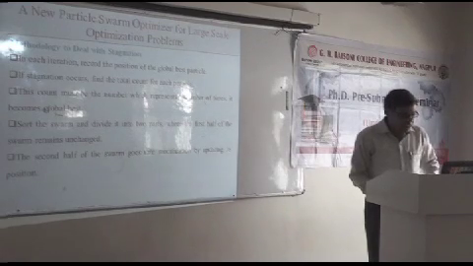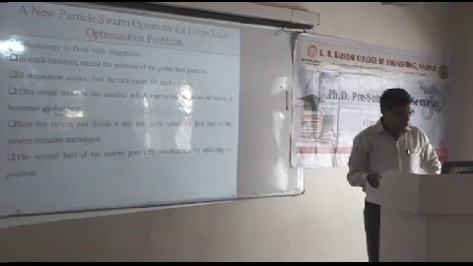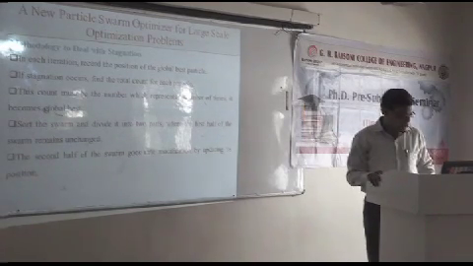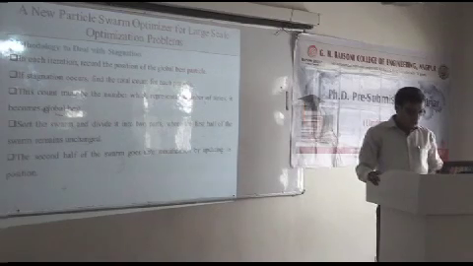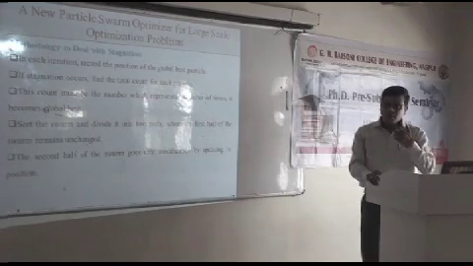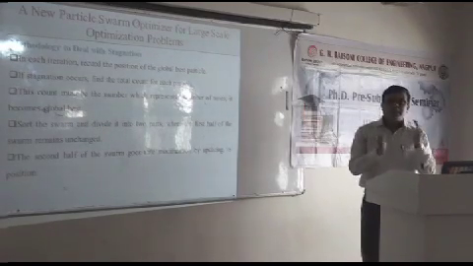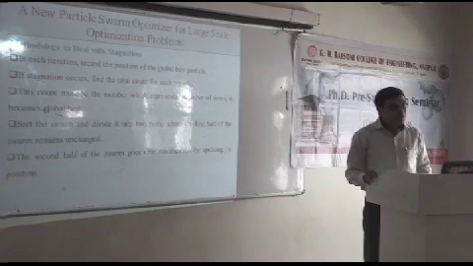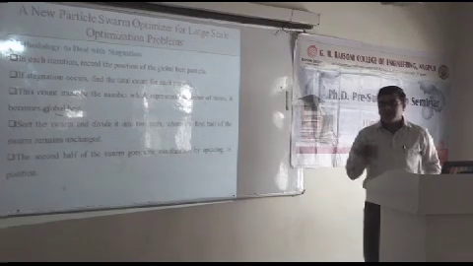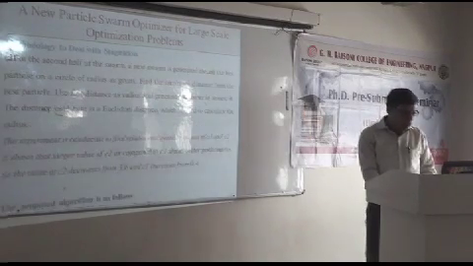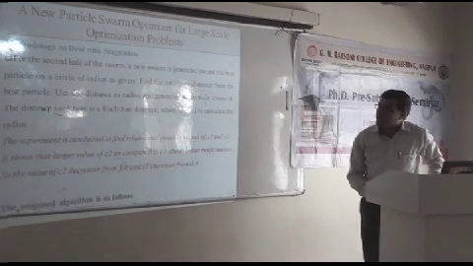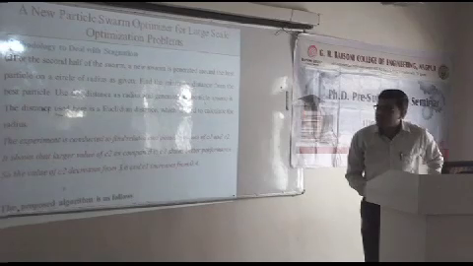The next is the methodology to deal with stagnation. What we do is, in each iteration we record the position of the global best particle. If stagnation occurs, we find out how many times a particle becomes global best, and when we have that count, we sort the particles in descending order. So the first half of the swarm remains the same because those particles are good performers, therefore we will not change them, but for the second half of the swarm we will go for updating. For the second half, a new swarm is generated around the best particle on a circle of radius